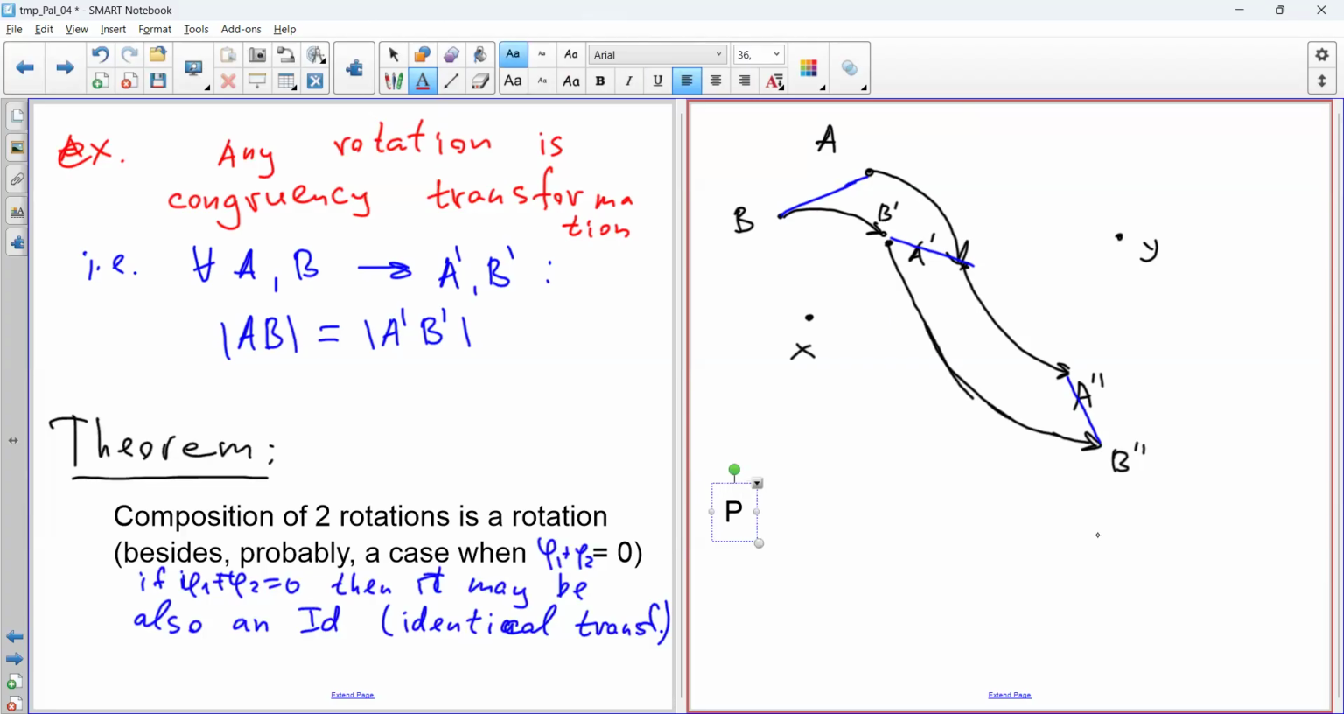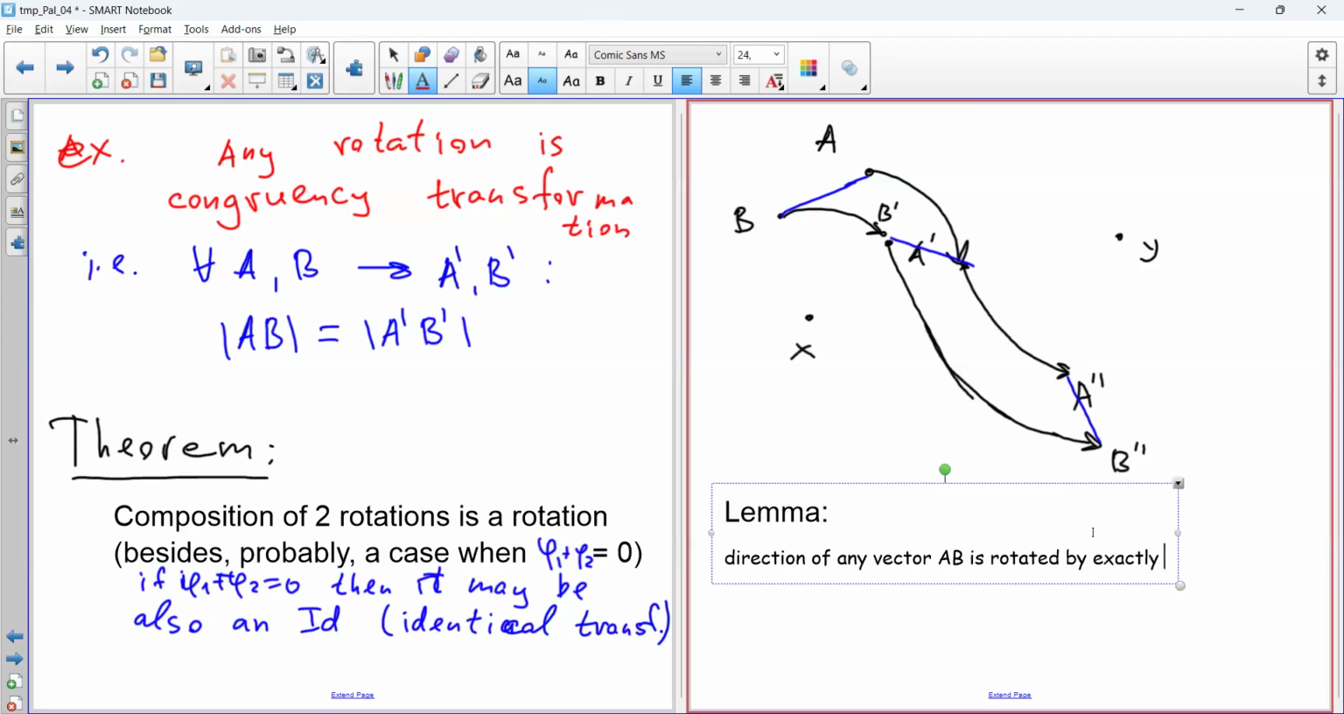So the lemma, which we will see if I keep it for your home task, would be that the direction of any vector AB is rotated by exactly phi under a rotation with angle phi. So speaking intuitively,